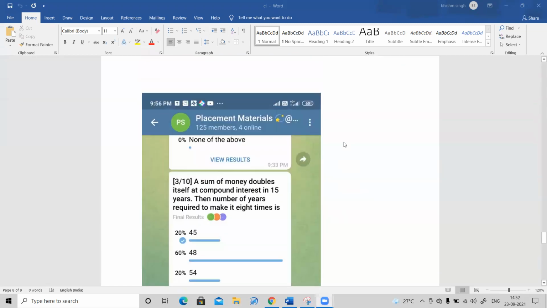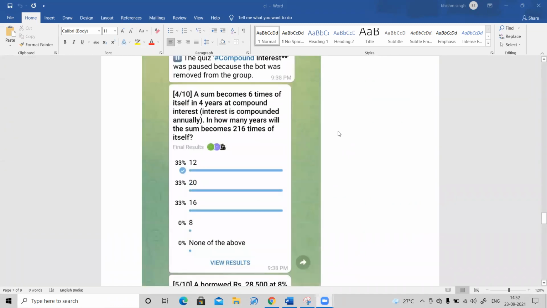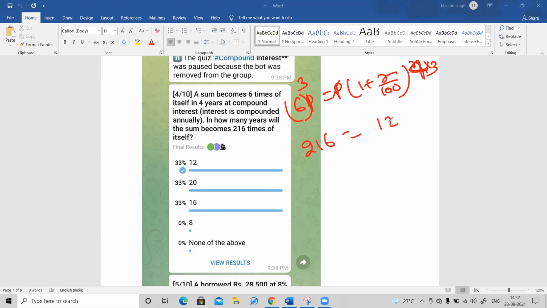Now come to question number 4, all of you. Question number 4 is here. Again, they're asking the same kind of question. A sum of money becomes 6 times itself in 4 years. P is the principal here, 6P equals P times (1 plus R divided by 100) to the power N. In 4 years, it becomes 6 times. They are asking in how many years it becomes 216 times. So simply P and P cancel here. 6 cube is 216, so the same number I will multiply here. 6 cubed is 216, and 4 times 3 is 12 here. So (1 plus R divided by 100) to the power 12. So it will take 12 years, and that becomes 216 times.